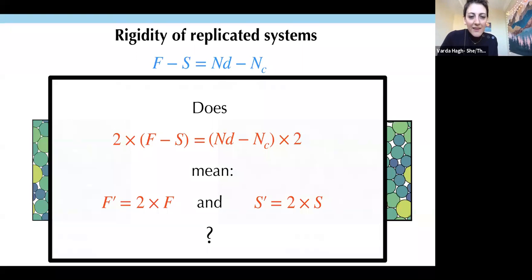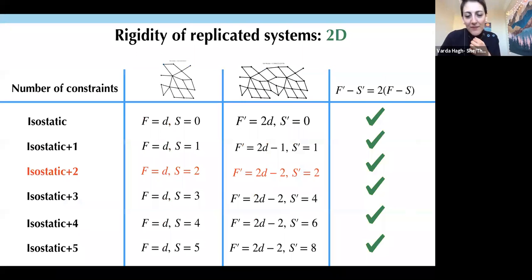But interestingly, we looked at a bunch of networks and jammed packings that were equivalent to these networks, and we realized that this is not always the case. So doubling the left-hand side of the Maxwell's equation does not mean that both terms are getting doubled, but there's a different story. It turns out that the way the number of zero modes and the number of states of self-stress in the new system change actually depends on how many states of self-stress you have in the system and how far